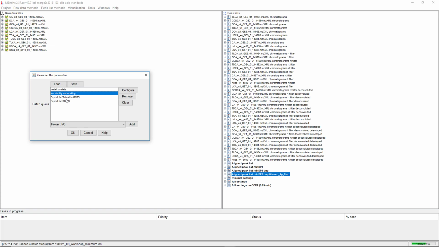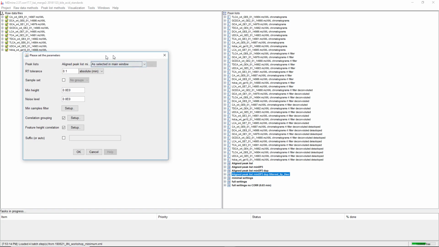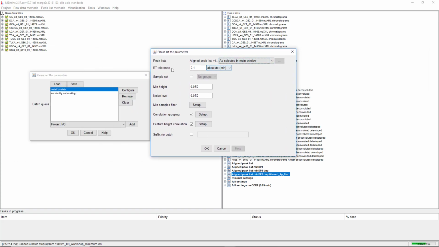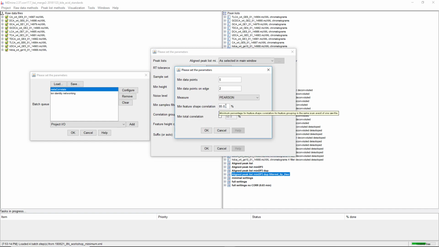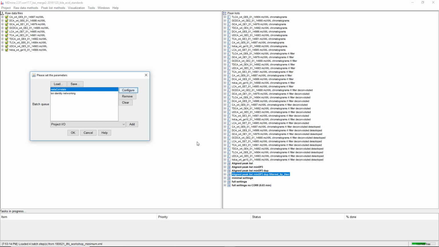and Sirius. And the 2 steps are meter correlate for feature grouping and ion identity networking to identify the different ions of the same molecule. And right now we don't want to do GMPS and Sirius, so I'm just going to remove these 2 steps. And if we take a look into meter correlate, we can see we just use the retention time tolerance and the correlation grouping to group features. And you can find the settings in the batch file that I supply, and also try this on your data